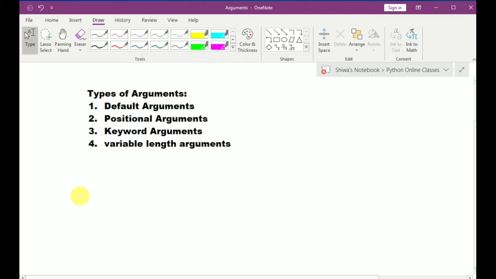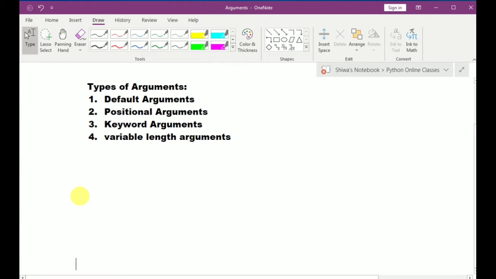So what is a default argument? Now see here, the topic name is default arguments. So what is a default argument?